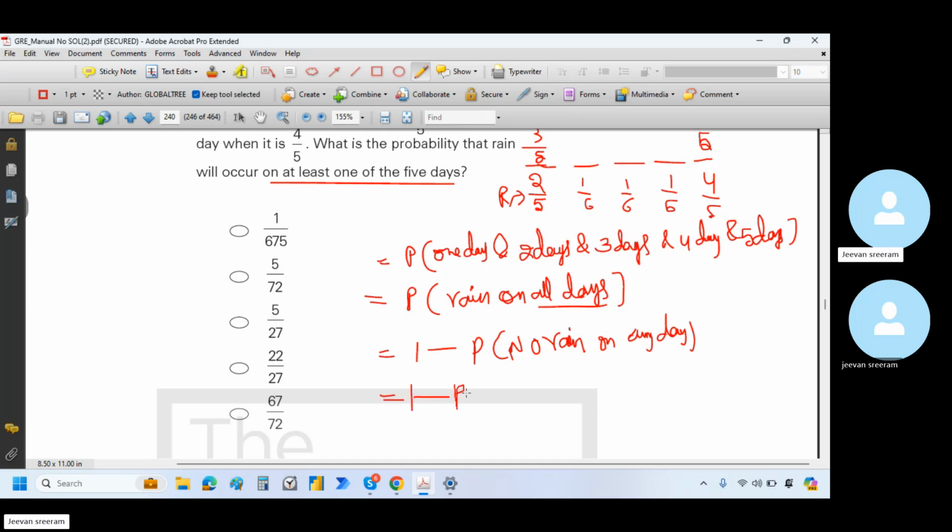So 1 minus probability of no rain means I should not get rain on first day, and no rain on second day, no rain on third day, no rain on 4th day, no rain on 5th day. Bar indicates the complementary probability. Okay,